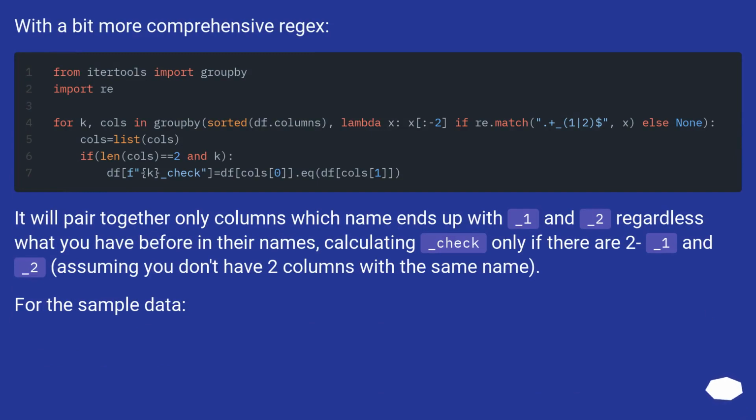With a bit more comprehensive regex, it will pair together only columns whose names end up with _1 and _2 regardless of what you have before in their names, calculating _check only if there are two _1 and _2, assuming you don't have two columns with the same name. For the sample data,